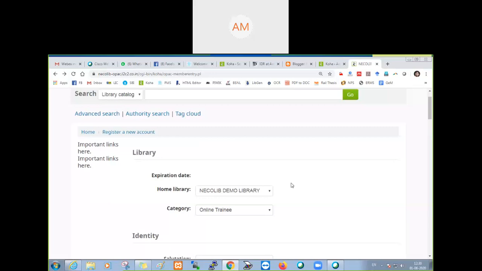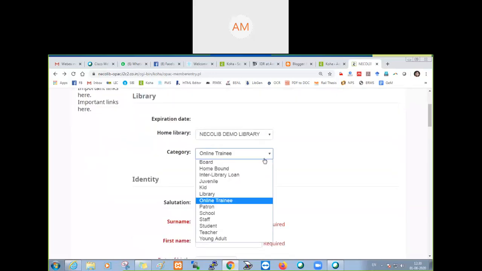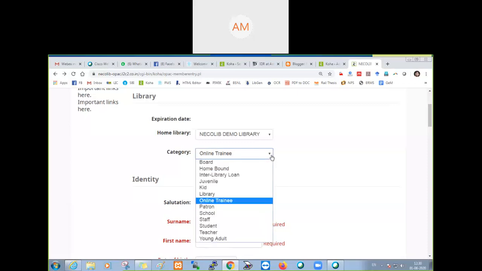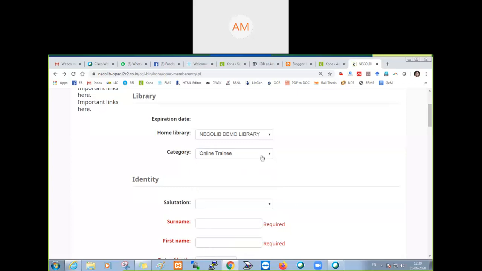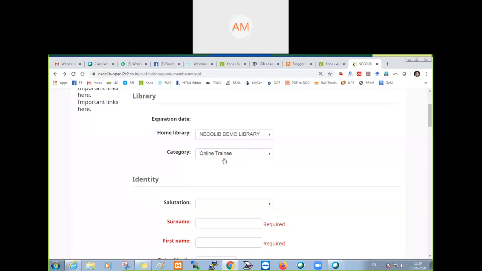Will the user select, or who will make the default? The default will be made by the system. After that, during the form fill up, the user can select. Because you have multiple types to select from, the system has to give one default. That is just for the system to run, and the user will select according to it. Even if the user makes a mistake here, from your staff end, you can change the user category later, because you have the hard copy of the form.